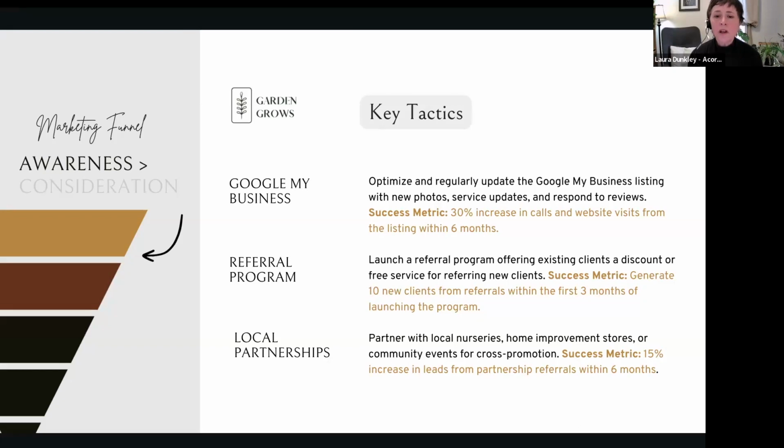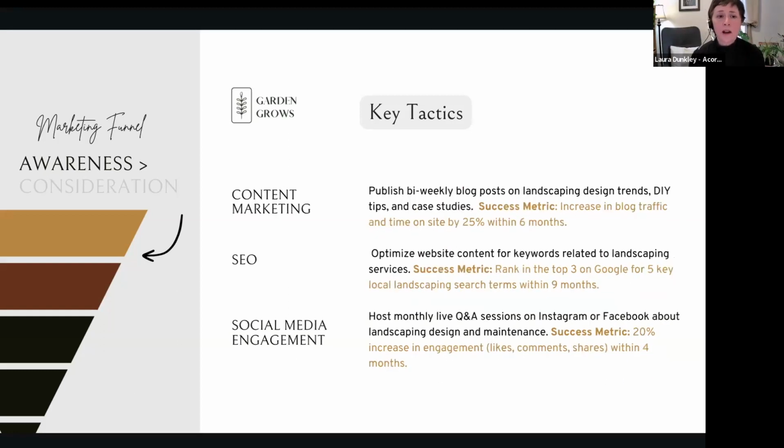Local partnerships. Local nurseries, well, they are the local nurseries, so they're going to have to partner with it. And this is important as we expand. We need to think of ourselves as a whole new business unit, and then you can start to evaluate yourself. So do be careful when you start to expand, is how you build out your business plan regarding that. So local nurseries, they're going to talk to their own nursery. We're going to do probably landscape design, like other landscape contractors, community events, different cross promotional stuff. Really important for community-based business, right? Content marketing for sure.